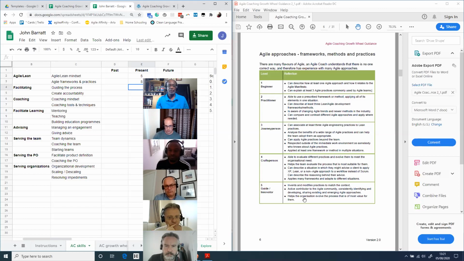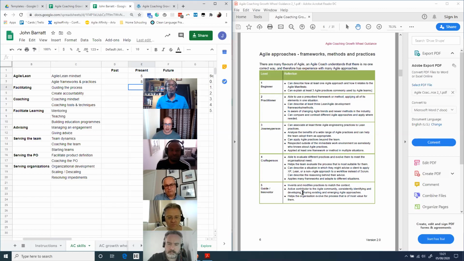So it's down to the individual to determine how they balance everything out and come up with the average score that reflects where they think they are.